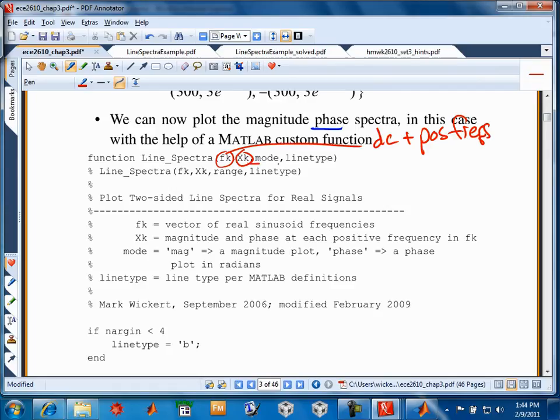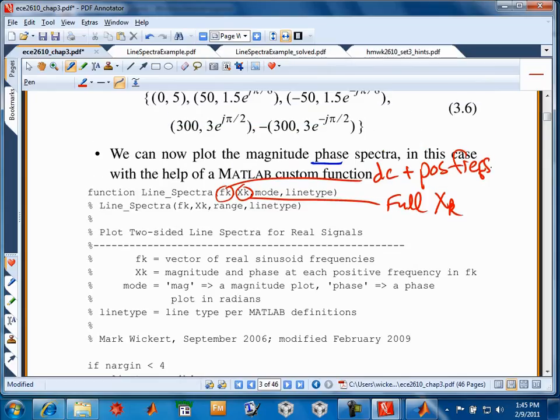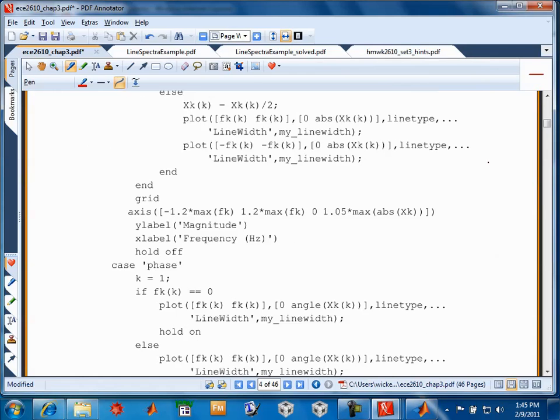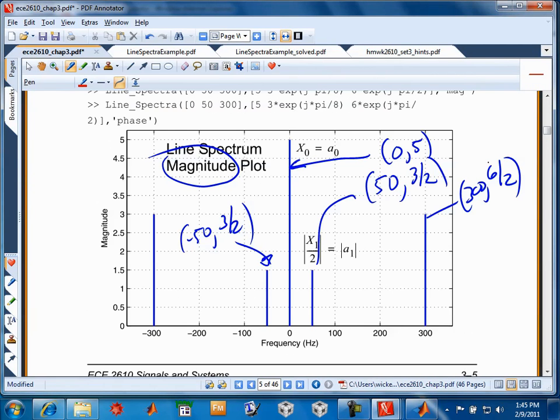And you put in the full x of k coefficient. You don't put in divided by 2 or anything like that. You put it in just as you would read it off from the model. So if we were doing an example like was here in the notes,